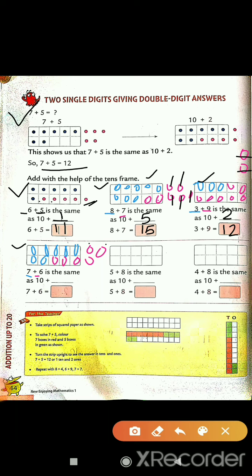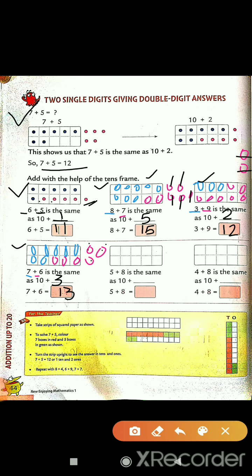And how many are outside the box? 1, 2 and 3. So 7 plus 6 is the same as 10 plus 3. So 10 plus 3 is equal to 13. So 7 plus 6 will be 13. Got it, students? Next,